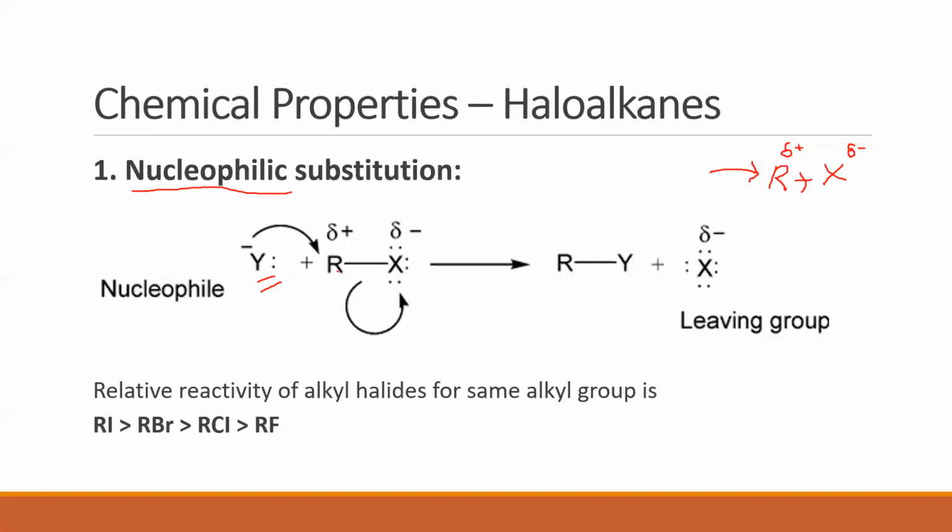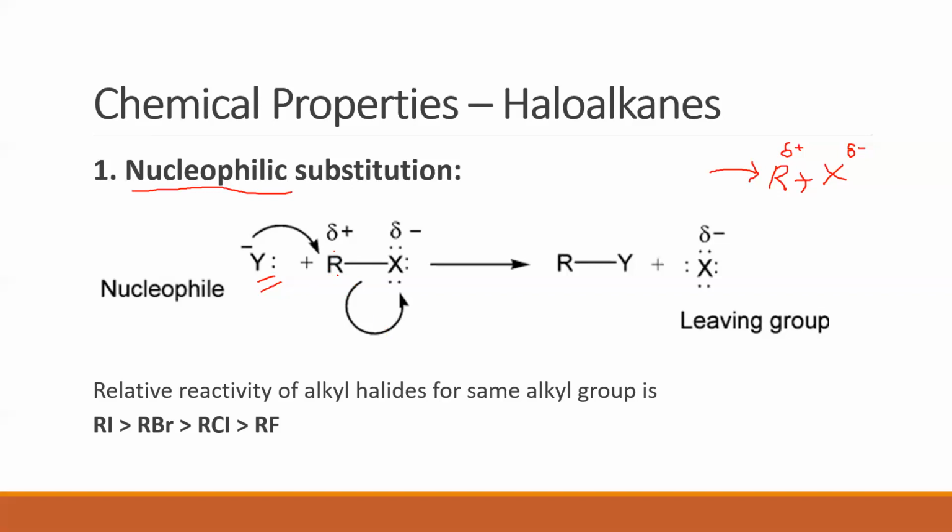Now, Y can form a bond with R. Why can it form a bond with R? Because it has a pair of electrons here. This negative charge indicates a pair of electrons, and for the formation of a bond, how many electrons are needed? Yes, 2 electrons are needed. These 2 electrons will be used to form a bond with R. Now, what is the problem the moment it forms a bond with R? Yes, this carbon's valency will not be satisfied. Carbon should have how many bonds around it? 4 bonds around it. In the case of RX, when it was here, it had 4 bonds around it. But the moment Y formed a bond with R, it has 5 bonds around it.